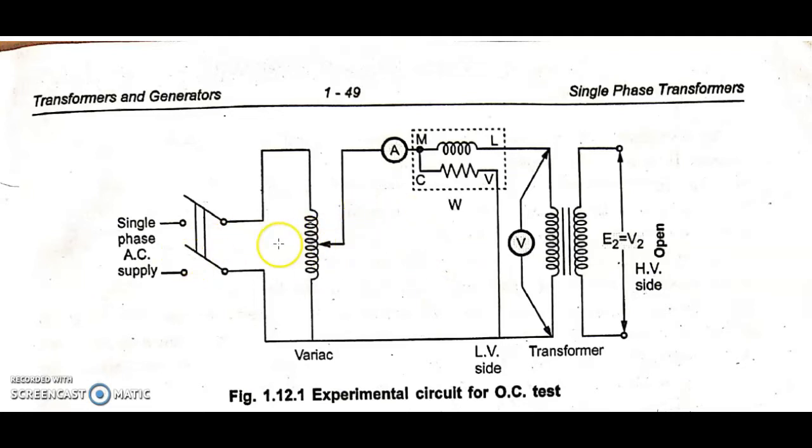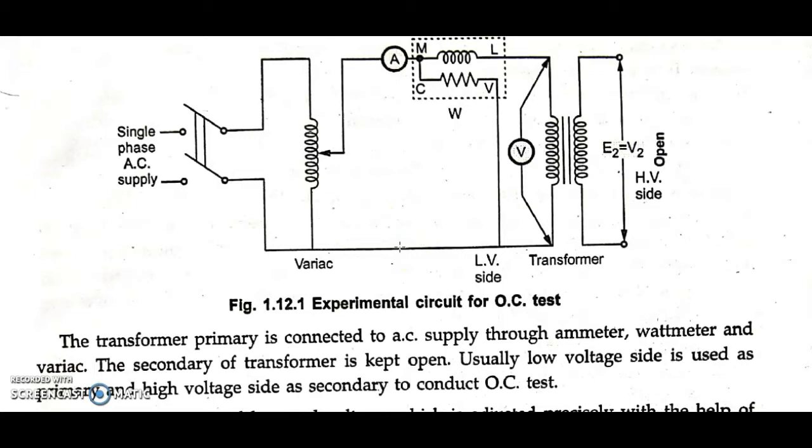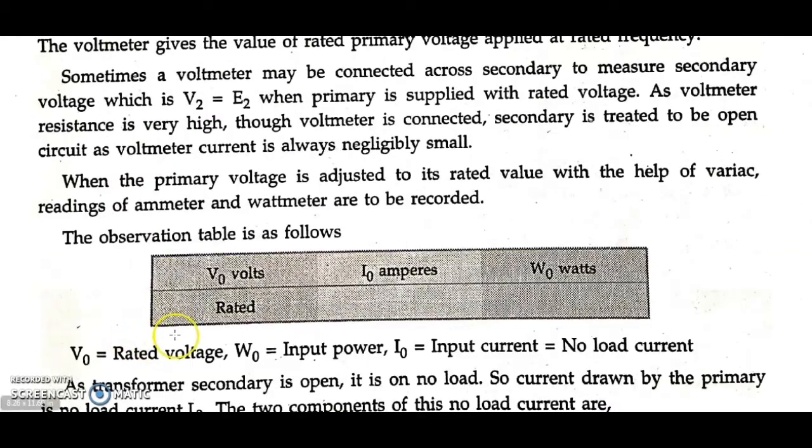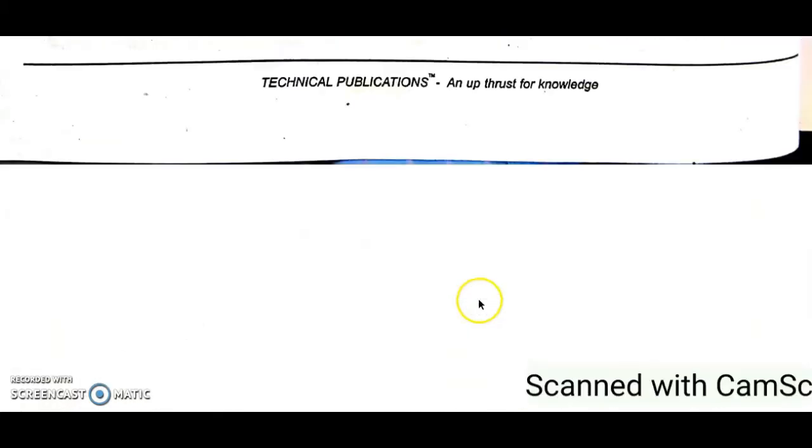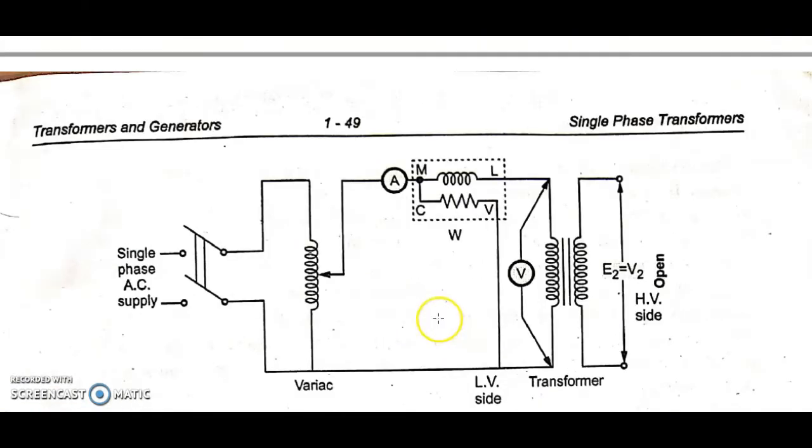Okay, so depending upon the voltage level of the transformer, we are going to vary the voltage and supply it. For that particular value, we will be noting down the current reading, that is I0, and V0 as well as W0. These are the three readings which you are going to observe as well as note down. Okay, so what is given here? V0 volts, the rated value depending upon your number of turns, the value is given, and whatever current reads, you are going to take that, as well as W0 is noted down. Very simple. Within a few minutes you can complete the experiment. Only time is taken to rig up the circuit.